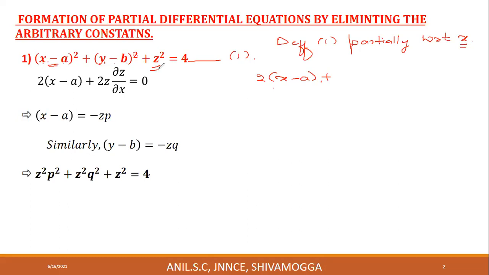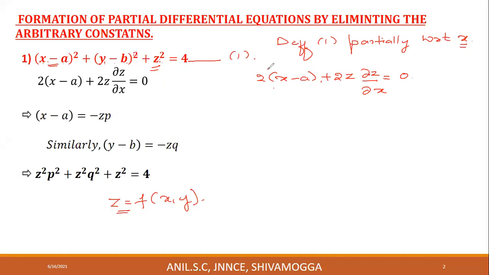And what is the derivative of z² with respect to x? 0? No, it is not 0. z is a function of x and y, therefore its derivative will not be 0. But the derivative of (y − b)² is 0. The derivative of z² is 2z. It's not a constant; x is there inside the z. z = f(x, y), therefore z is a function of x. You cannot make that derivative 0. The derivative of z² is 2z into the derivative of z with respect to x partially, which is ∂z/∂x. This is equal to 4, a constant. Its derivative must be 0.